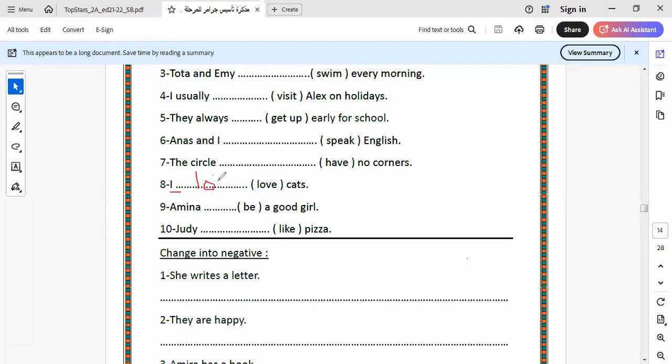It will be here, love. Amina, here it will be what? It will be "is". I'm saying "is". Here is "likes", okay? Our clever pupils. Here we have the negative form. In the negative form, as we know,